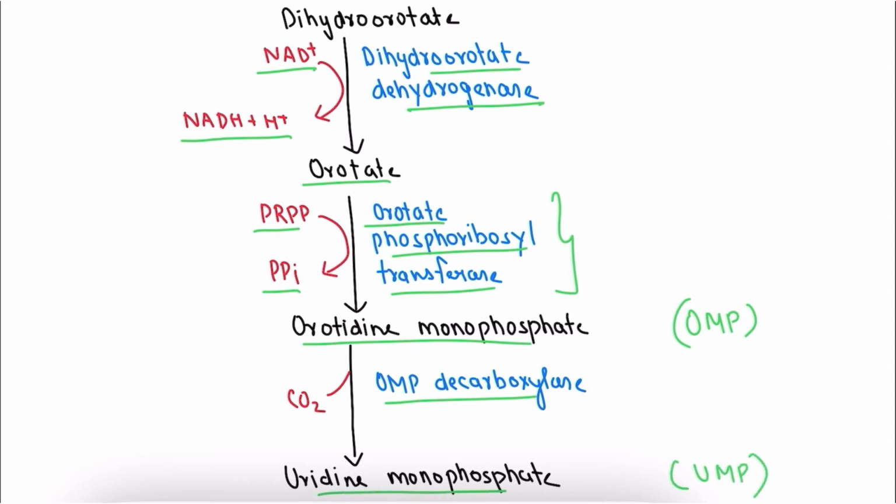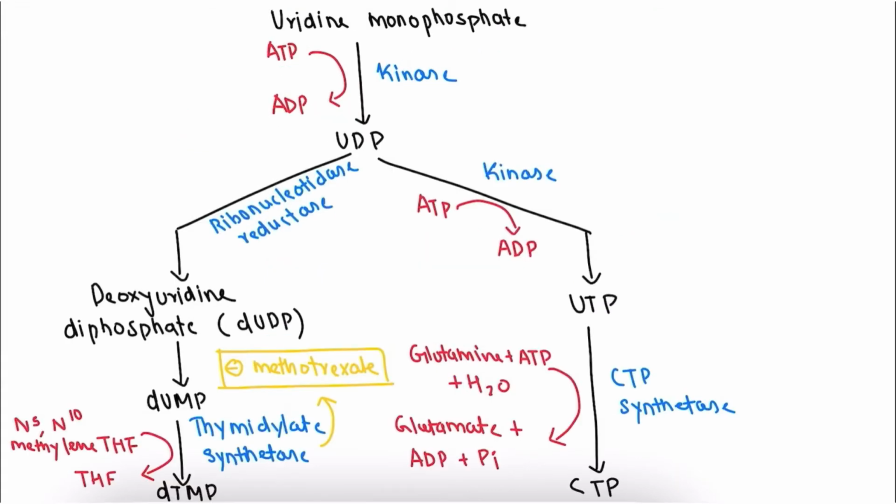So in the first slide you are going to remember CGPA and dihydroorotate, orotate, and after orotate you are going to remember OMP and UMP. And these two enzymes are very important, orotate phosphoribosyl transferase and OMP decarboxylase. You have to memorize these enzymes. Now coming to the last slide, we have studied CGPA, which gets converted into dihydroorotate, which further gets converted into orotate, and the next two steps are OMP, which gets converted into UMP. So we have the uridine monophosphate.